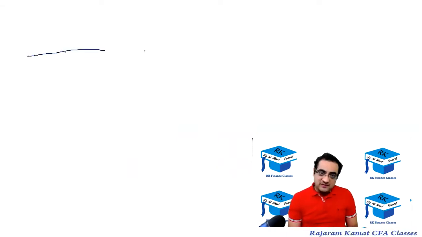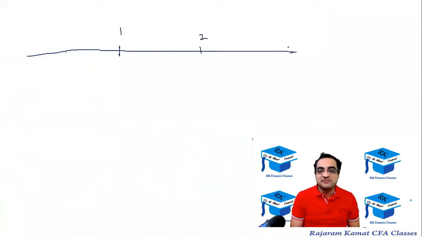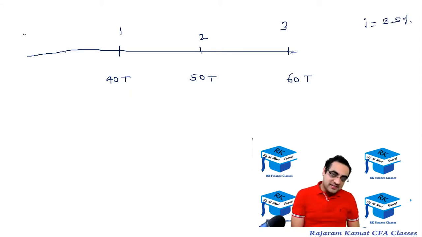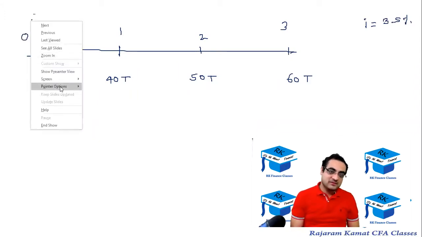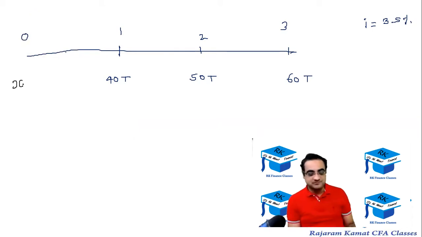So let's say the same kind of example, but let's say my son or daughter is going for a commerce course, which is a 3-year course and a little cheaper as compared to engineering. The fees is 40,000 in year 1, 50,000 in year 2, and 60,000 in year 3. The interest rate that the bank is offering is now realistic, not 12%. It's, let's say, 3.5%. How much money should I deposit in the bank? Let's try to calculate that.